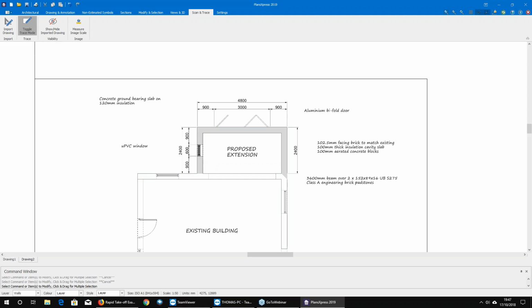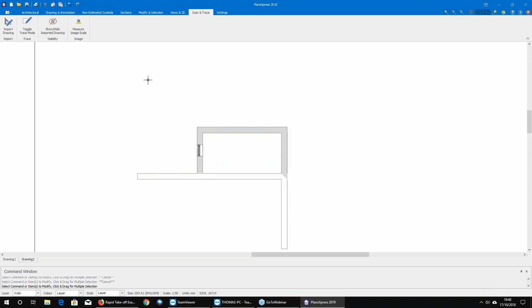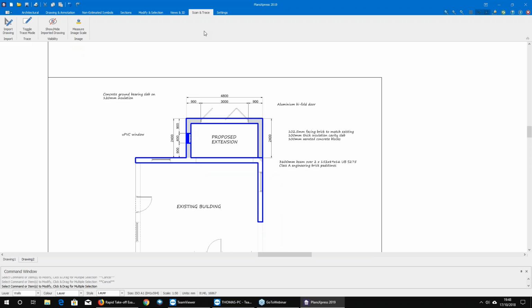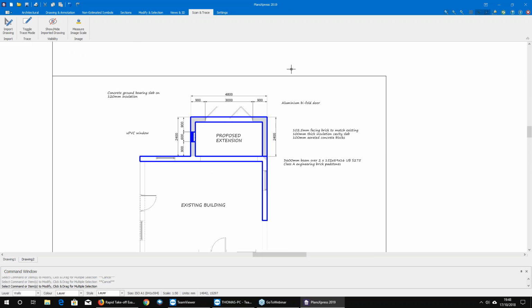Making that a nice bit simpler to do. And then a toggle drawing mode: show and hide import drawing. Okay, so that there is